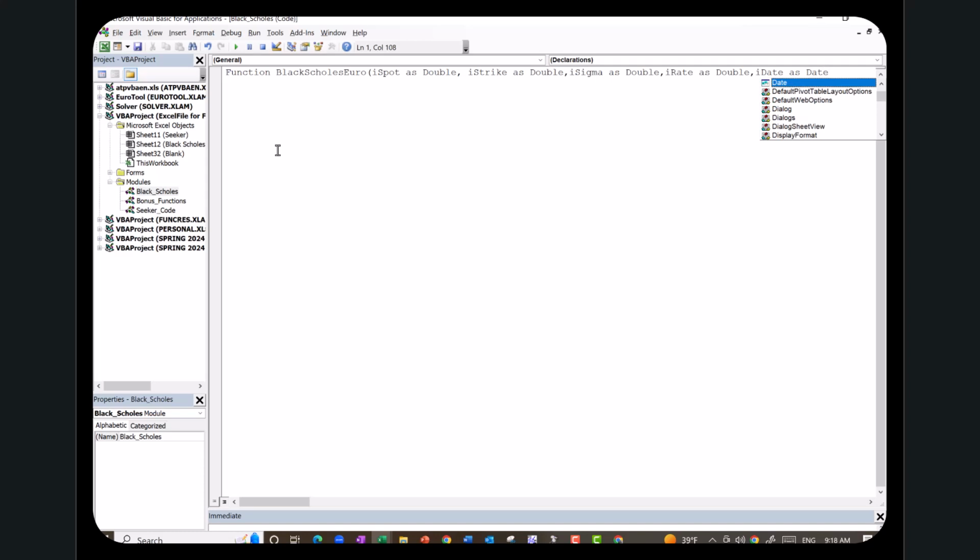Date is a specific data type. It's technically speaking a long integer. It's the number of days that have passed since January 1, 1900 or 1904, depending upon what you picked in your settings. And finally, we're going to put optional